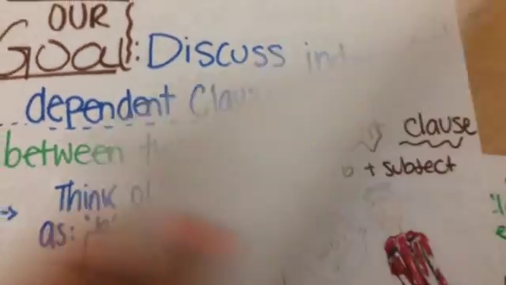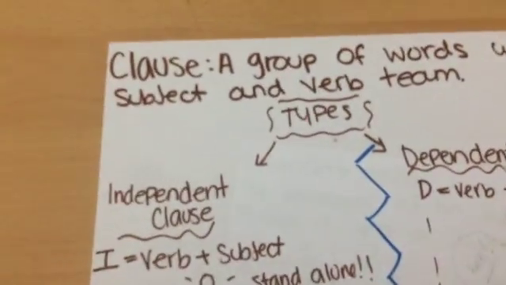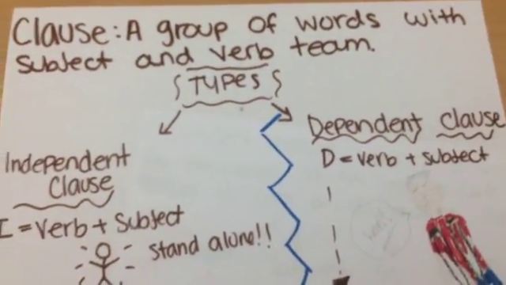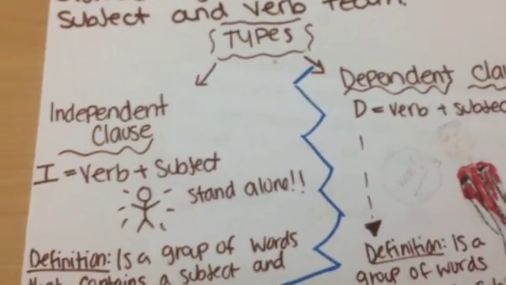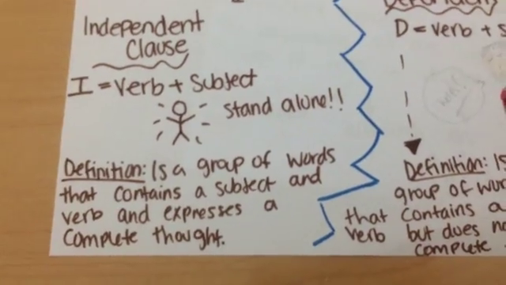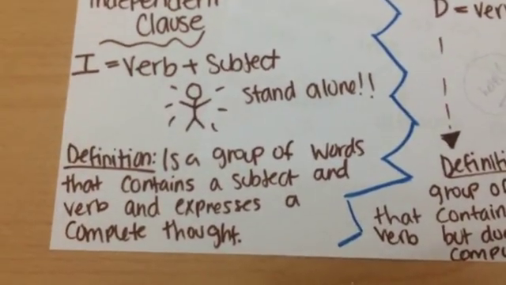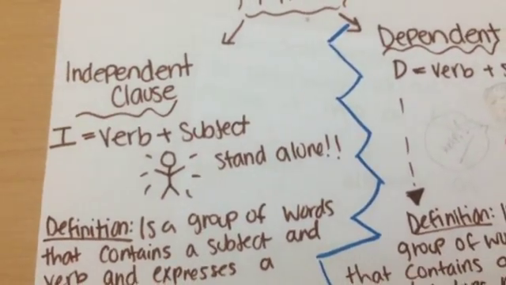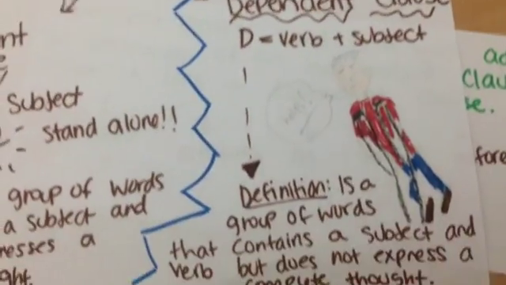But first, what is a clause? A clause is a group of words with a subject and a verb. There are two types of clauses, independent and dependent. An independent clause, by definition, is a group of words that contains a subject and a verb and expresses a complete thought. Overall, it's a clause that can stand on its own, different from a dependent clause,